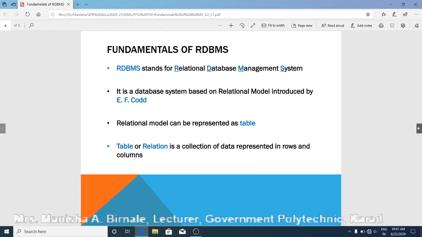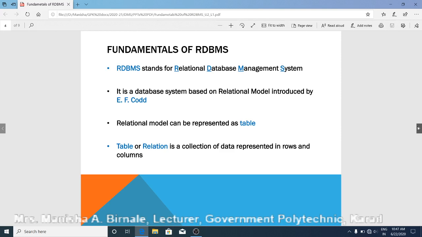RDBMS stands for Relational Database Management System. There are different data models and one of the data models is the relational data model. So RDBMS stands for Relational Database Management System.